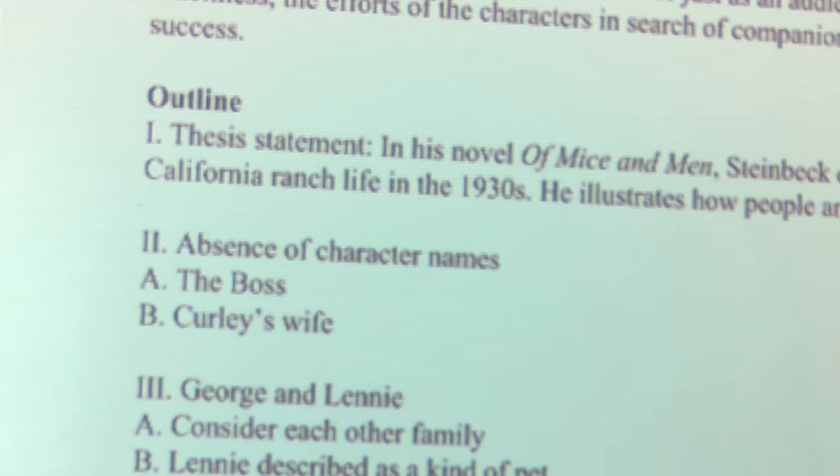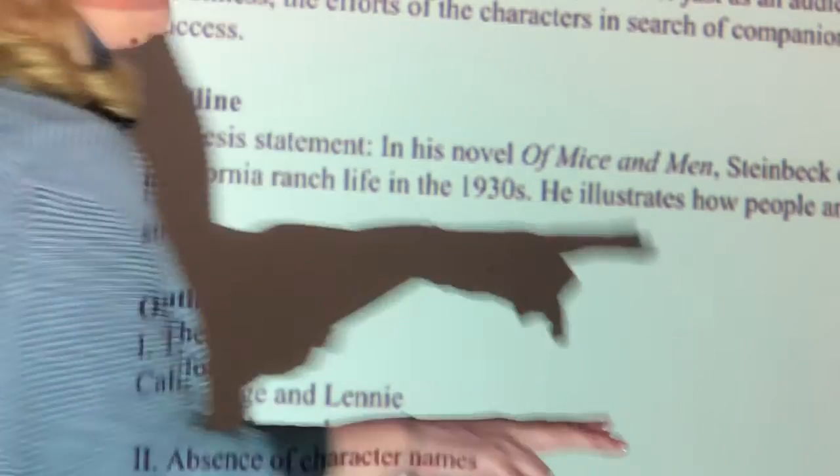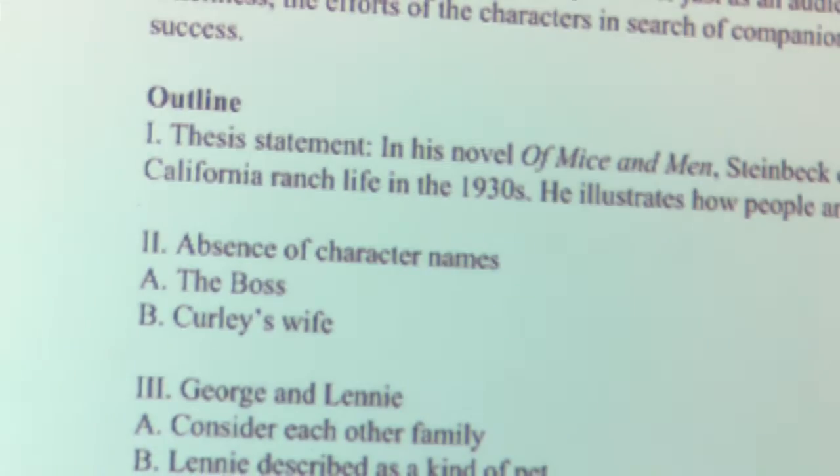Type in his novel, Of Mice and Men, comma, Steinbeck depicts the essential loneliness of California ranch life in the 1930s period. He illustrates how people are driven to find companionship. And right now you can find that in two places. Up here, but it's part 1 of your term paper outline on Shobi.